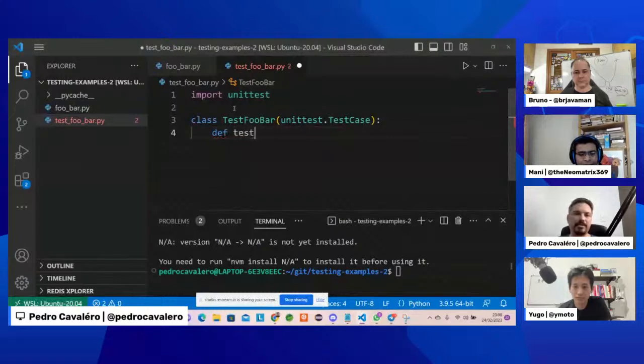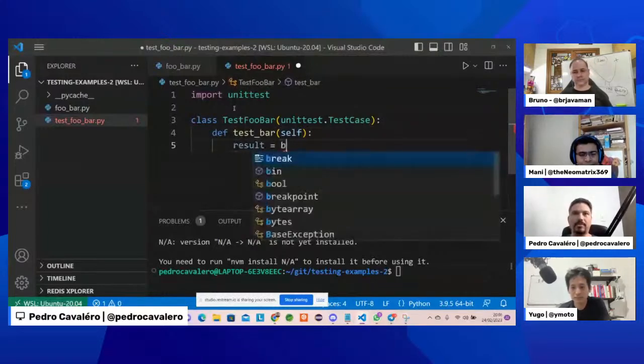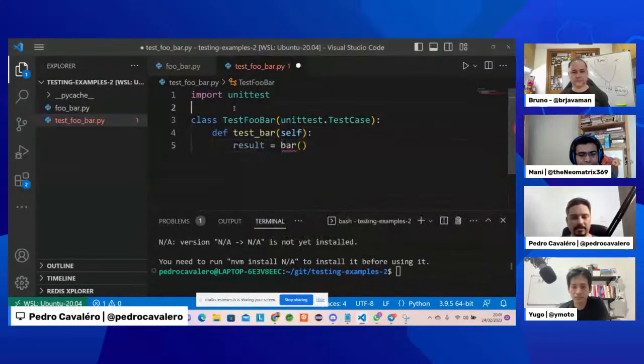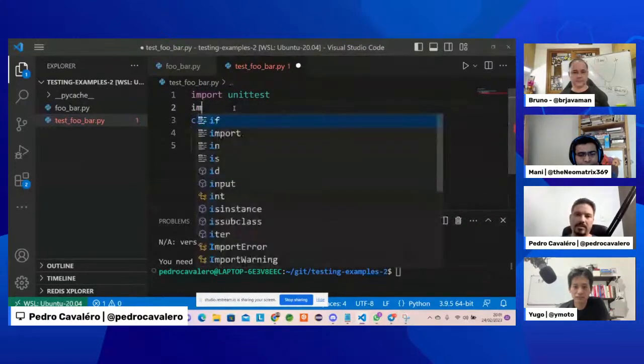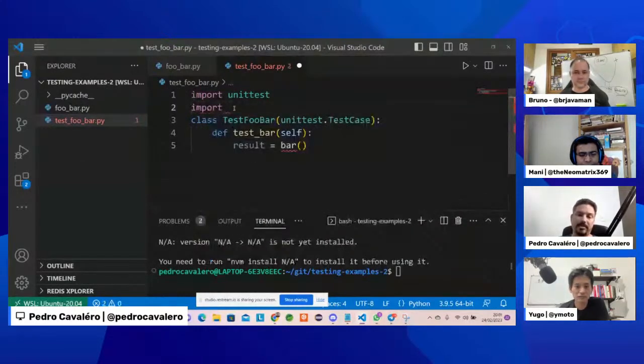So for example, in this case, my test is really easy, right? And I can get the result from my function called bar.